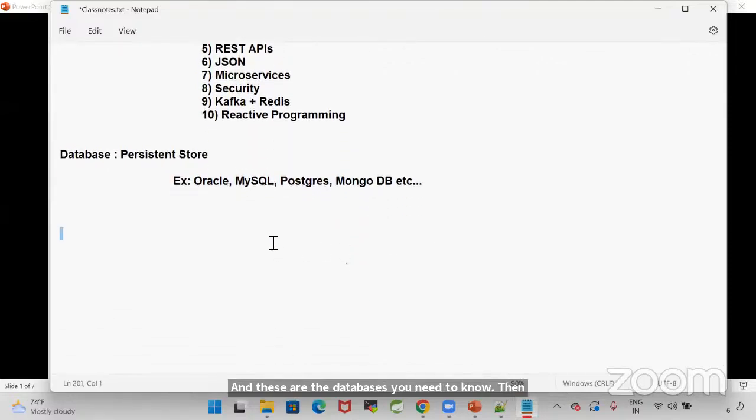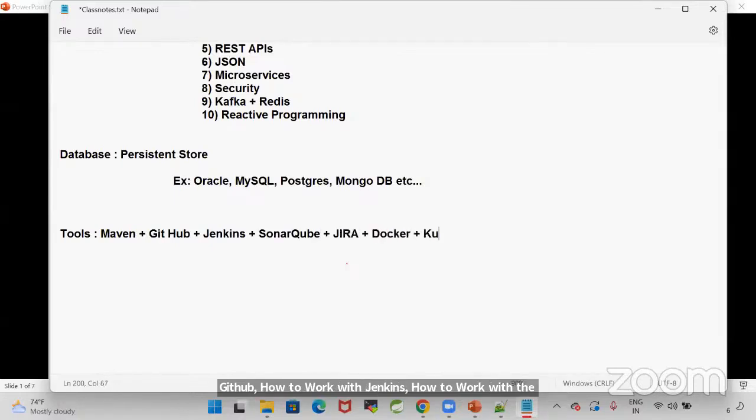And along with these things, you need to have some idea on some tools also. How to work with Maven, how to work with GitHub, how to work with Jenkins, how to work with SonarQube, how to work with Jira, how to work with Docker, how to work with Kubernetes, like that. There are several tools available which we are using in the industry.